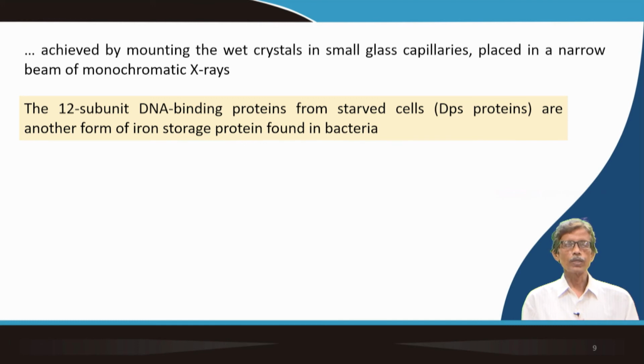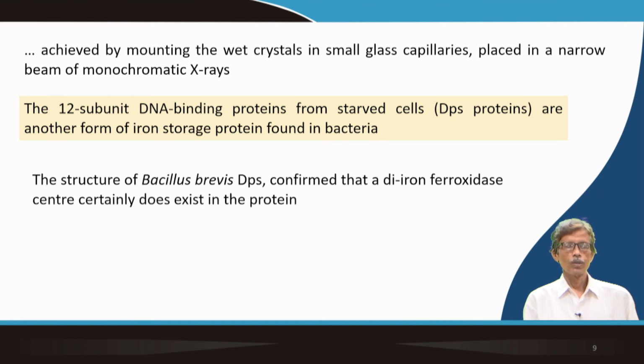Similarly, much more complex ones, so DNA binding proteins can also have iron storage. Now, the question is whether this X-ray diffraction technique, or X-ray structure determination technique, can be useful to find out or to locate the corresponding iron sites within this molecule. We have guessed that iron is there for its function. Some other indirect information, like iron analysis or other spectroscopic techniques, can give us the signature, but what we want to know is where the iron is and how it is bound to that particular protein